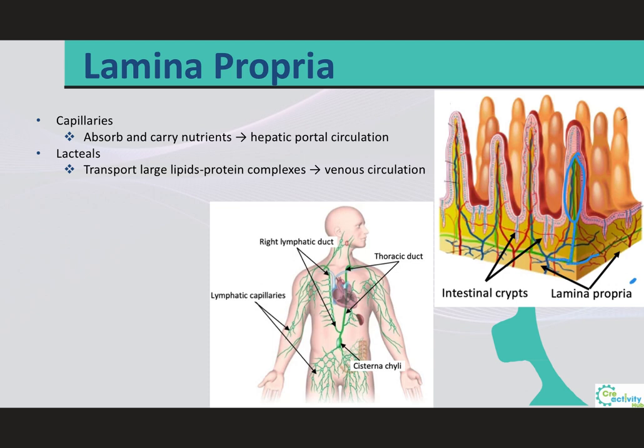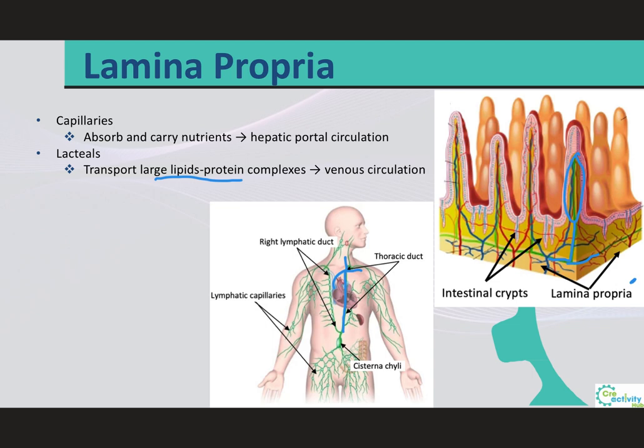We have already talked about the lacteals when we discussed the lymphatic system, as these vessels are part of this system. They will be responsible to transport materials that cannot enter local capillaries, and these materials, such as large lipid protein complexes, will be sent through the thoracic duct and end up between the left internal jugular vein and the left subclavian vein, where it enters the blood circulation,